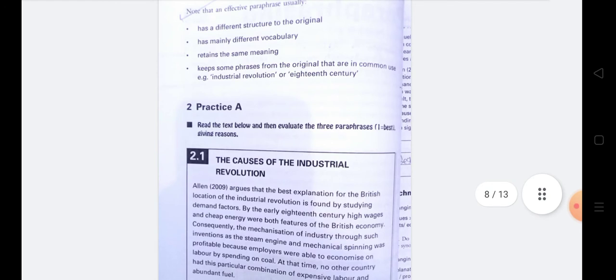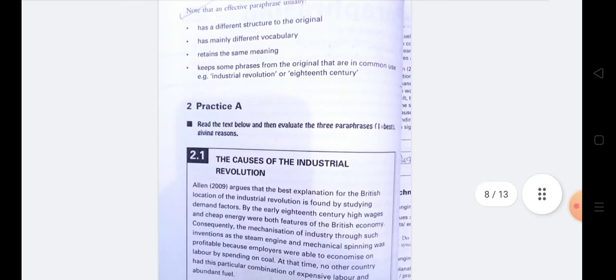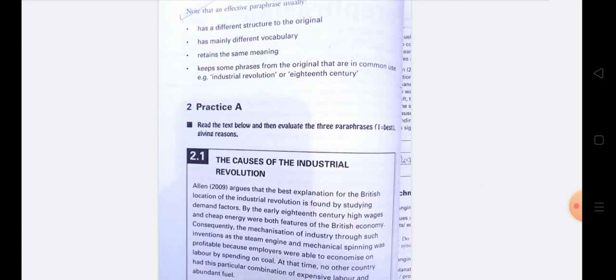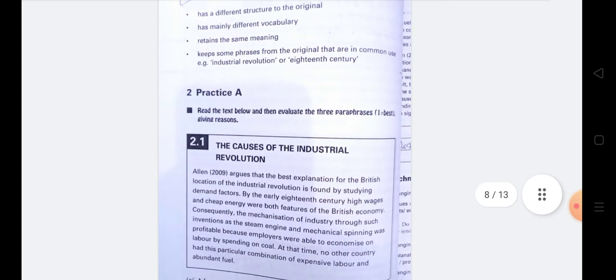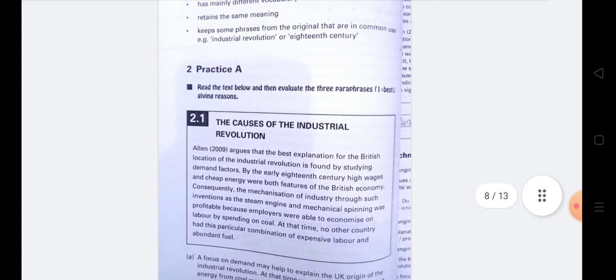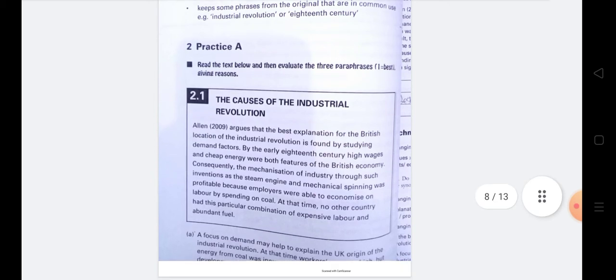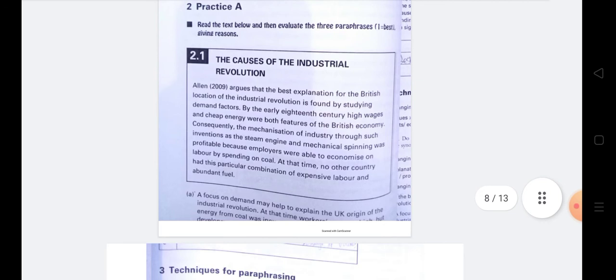The idea must be the same, but the sentences, their arrangement and vocabulary must be different, and keep some phrases from the original that are in common, such as Industrial Revolution, 18th century. So these are the things that you cannot change. And then this is an exercise on paraphrase.